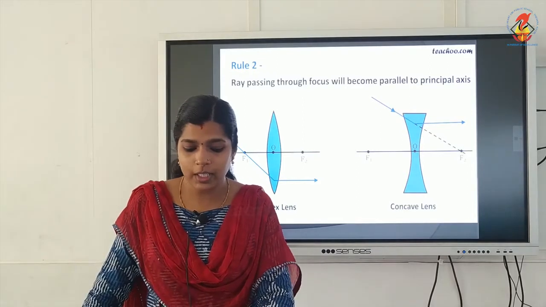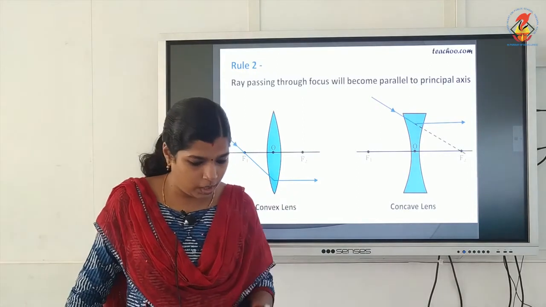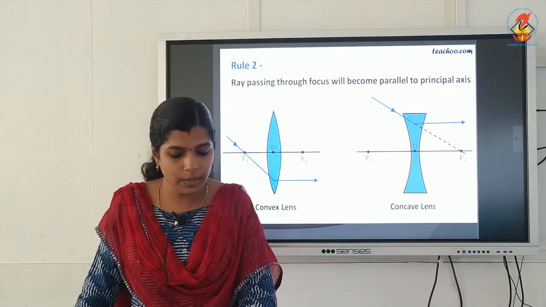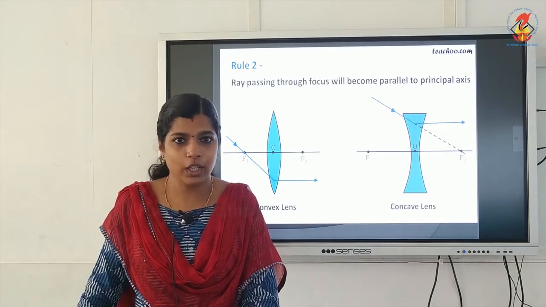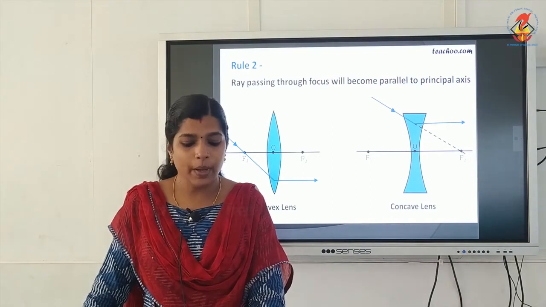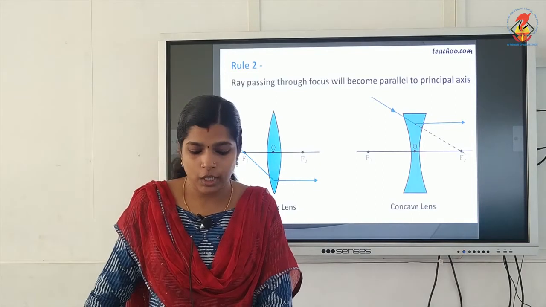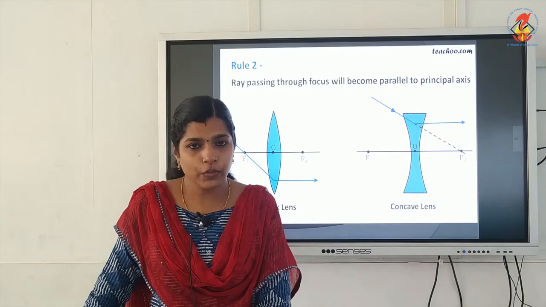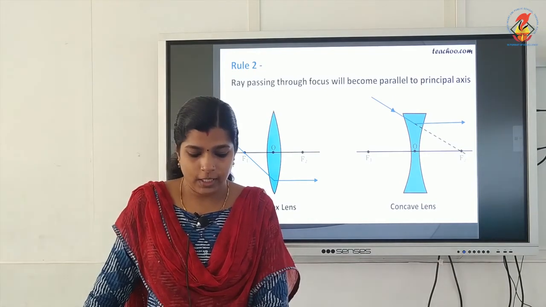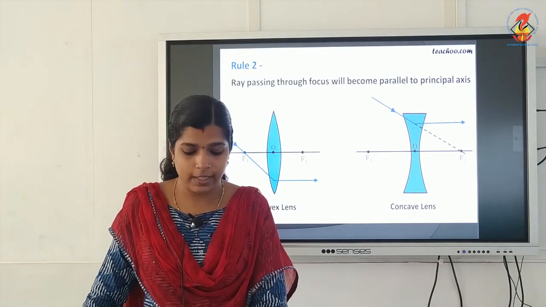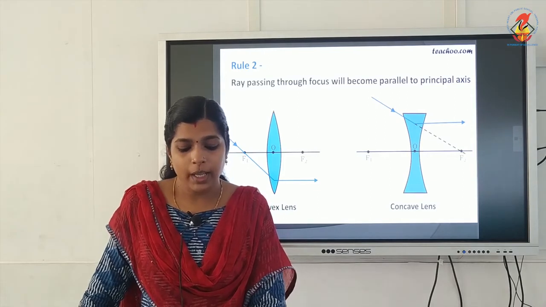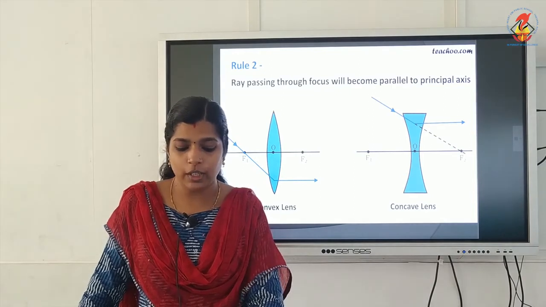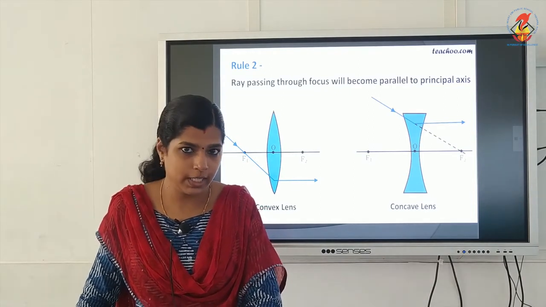A ray of light, three rules are given as 1, 2, 3. A ray of light from an object parallel to the principal axis, after refraction from a convex lens, passes through the principal focus on the other side of the lens. In case of a concave lens,